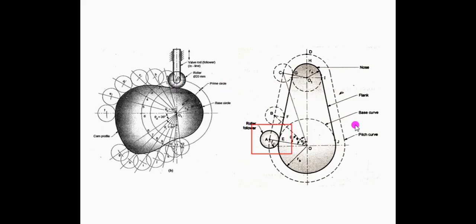So the main difference is, here in the first case the follower motion is selected first. Based on that follower information, the cam profile is drawn. But in these specified contours, the cam profile is drawn first. Based on that, the follower motion is analyzed secondly. And this cam is not symmetric about any axis, hence it increases its manufacturing difficulty, hence the cost of manufacturing increases.